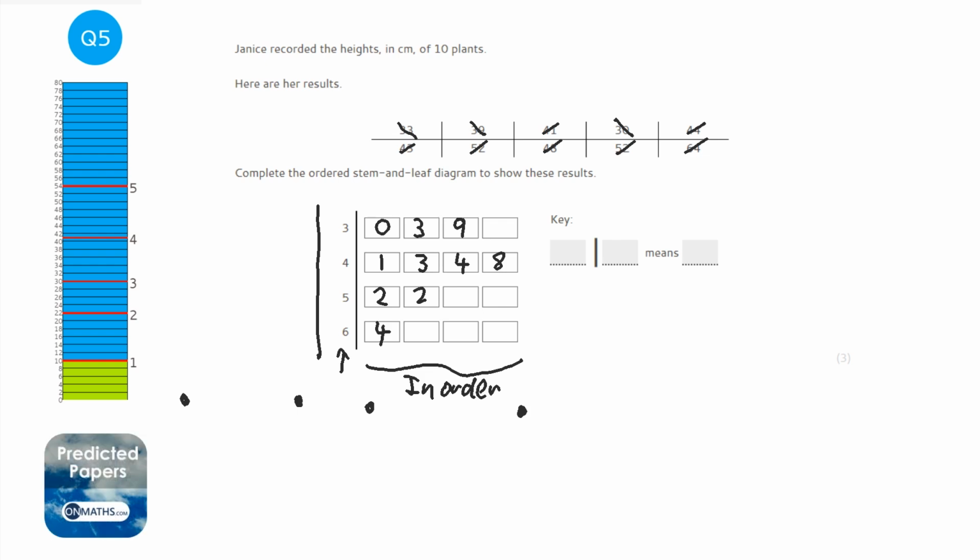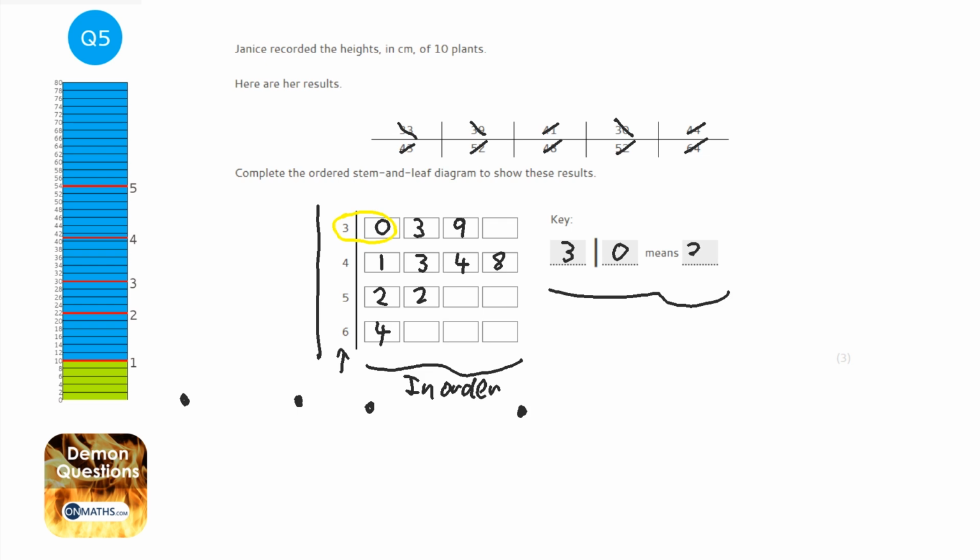So the smallest go on the left, and then you get bigger as you go to the right, and that's really important because you need to do that to get the right marks, or to get the right correct answer. Okay, the last thing to do is the key. Now the key is just pick a value, any value. I always pick the one at the top left, but it can be any value. It doesn't even have to be a value on there. And you do 3 line 0, which I've just copied the bit I've done in the yellow,